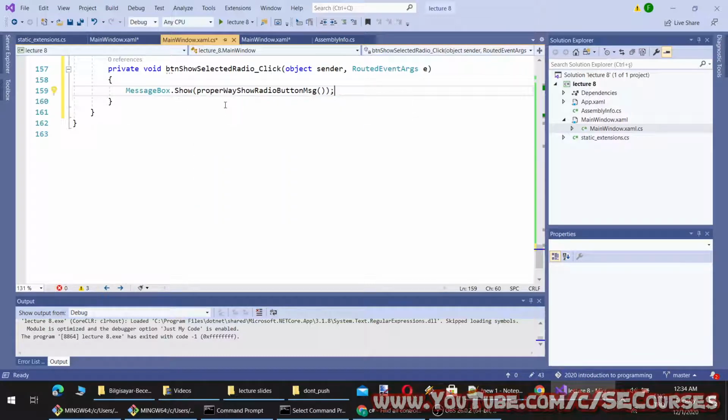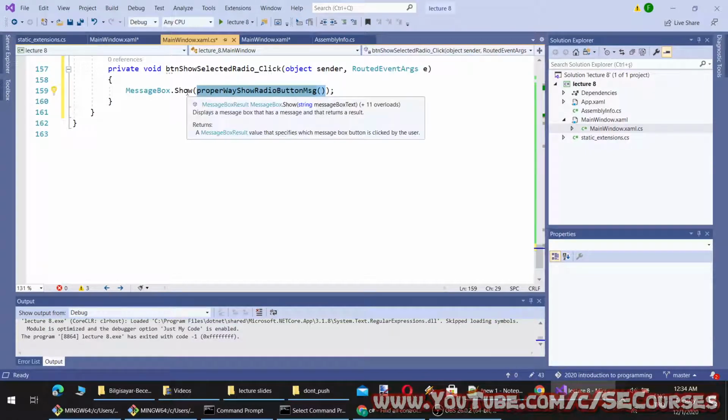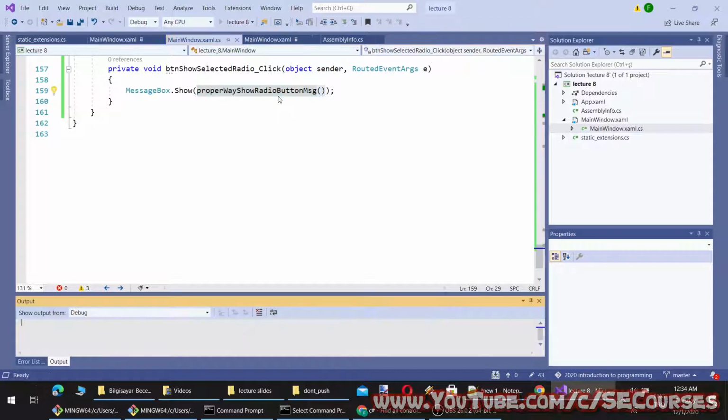Okay, I can call the method like this because this method will return a string. Therefore, here there will be a string. So the result of this method call will be passed to the MessageBox Show method. So I can use it like this as well.